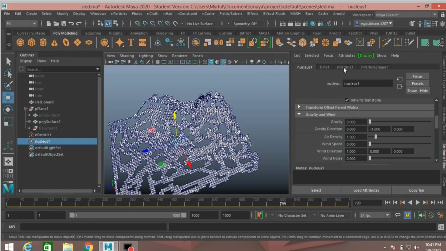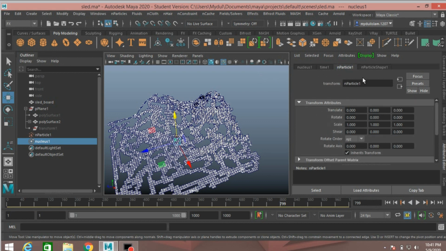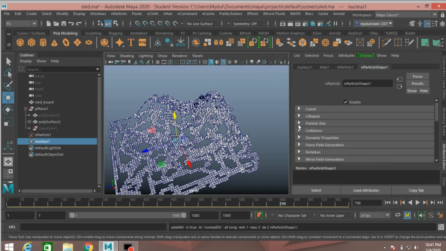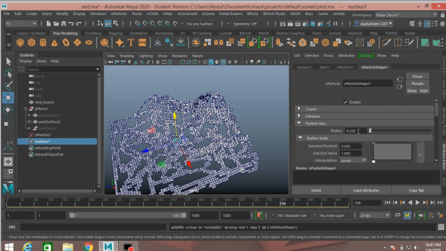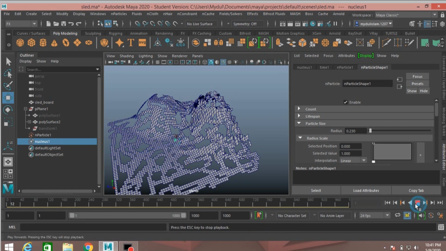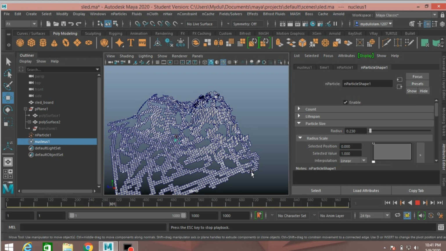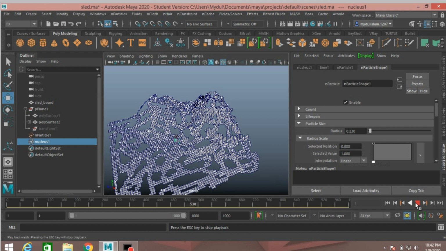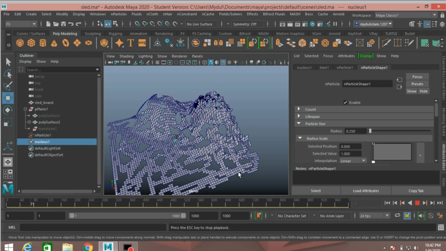Now click on N particle shape, particle size type 0.230, go to frame 1, click play and see. Or particle radius, take 2.5, go to frame 1, click play and see.